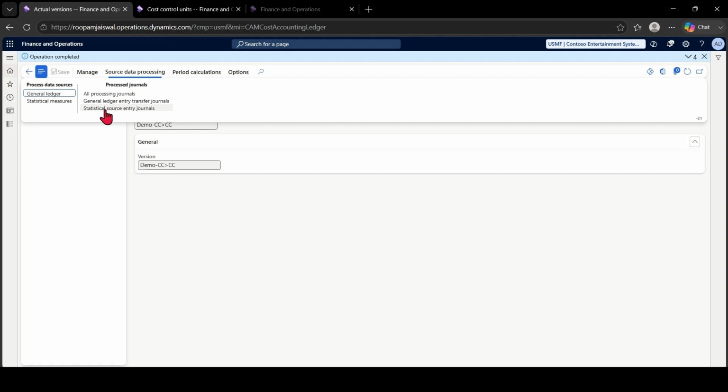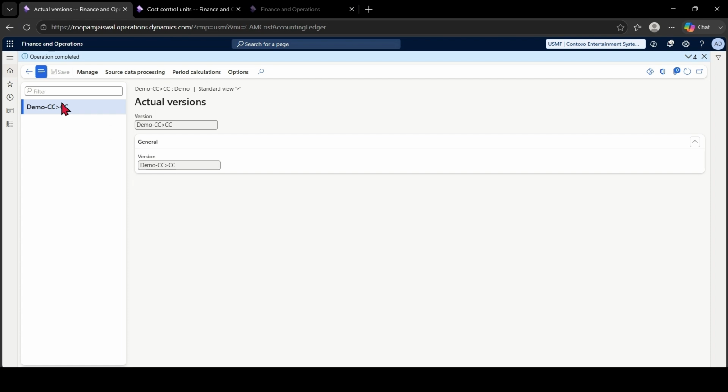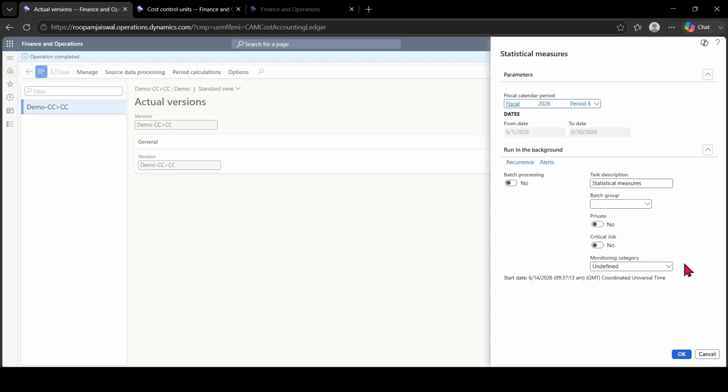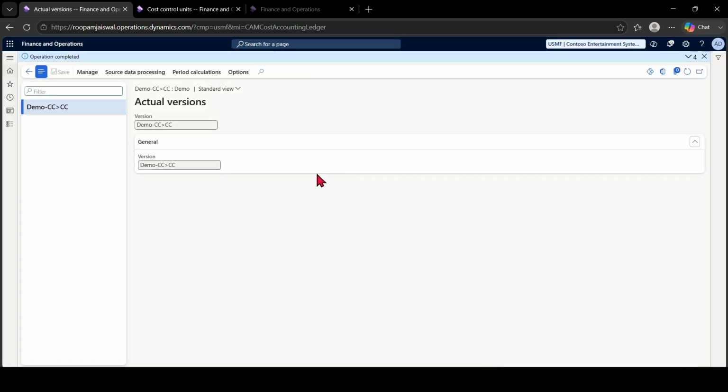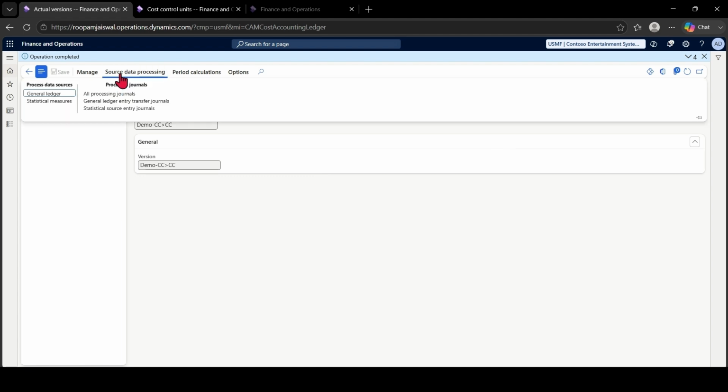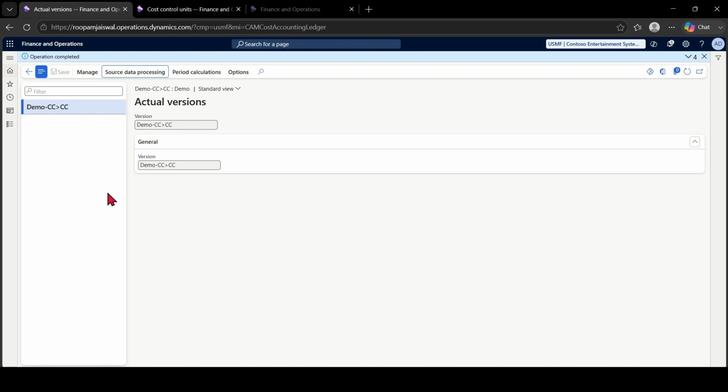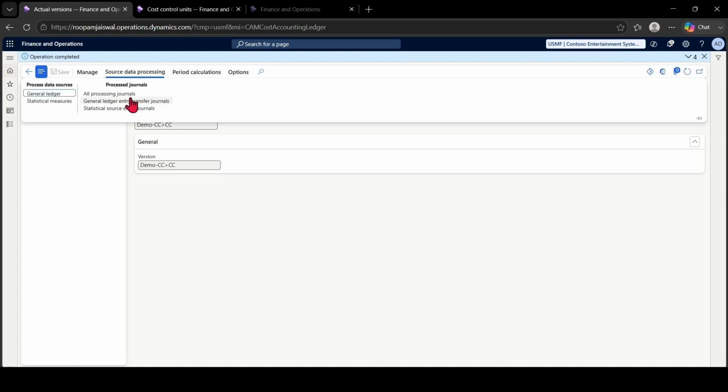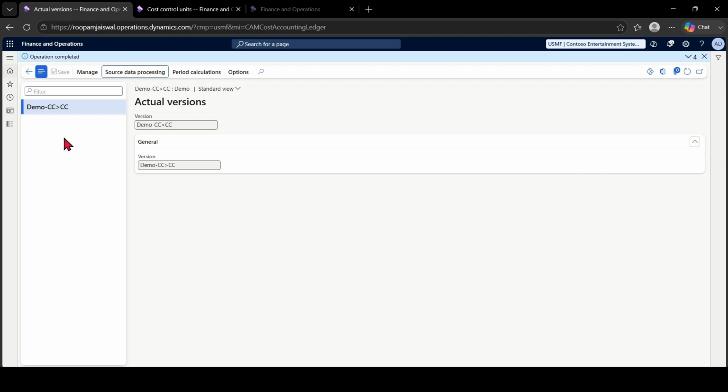So for us, it is important also to know that when I'm using a statistical measure, whenever there is any change, again you have to re-import the data. And in a similar way, if there is any journal entry or a new entry created, again you have to come and then you have to process the data. Any GL entry will only be affected in the cost accounting whenever you come and you run the process the data. So for any change, you have to again process, or else the data flow will not happen.